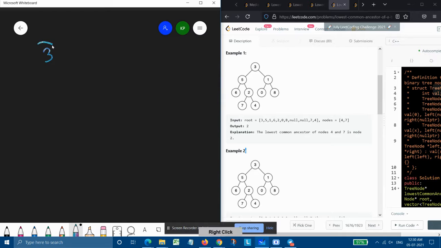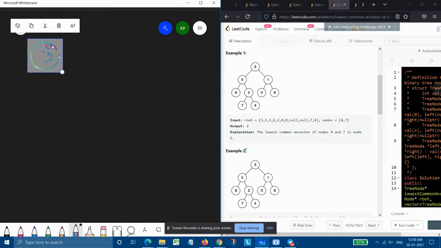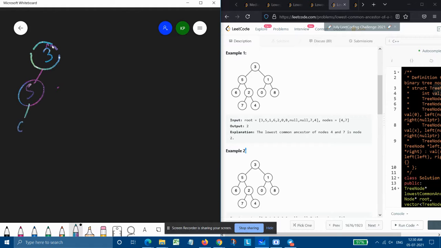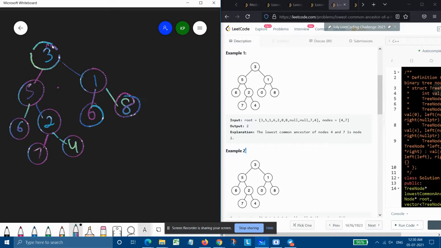I can ask about the first tree, which is 3, 5, 6, 2, 7, 4, 1, 0, and 8. In this first tree, we are given nodes 4 and 7. Basically, it is a vector.